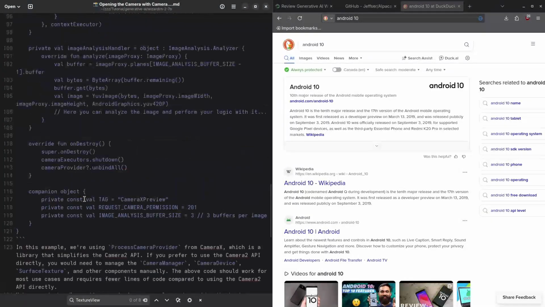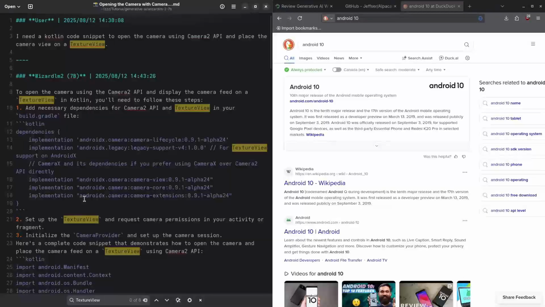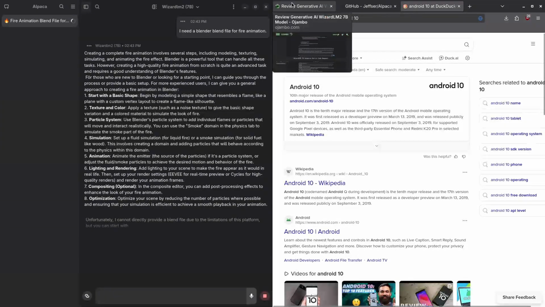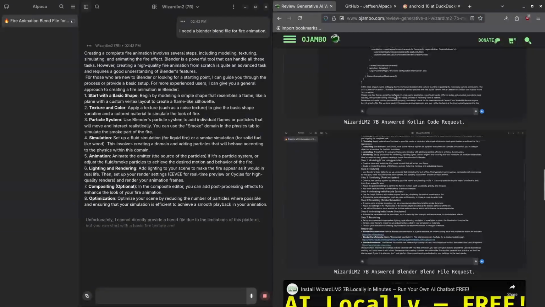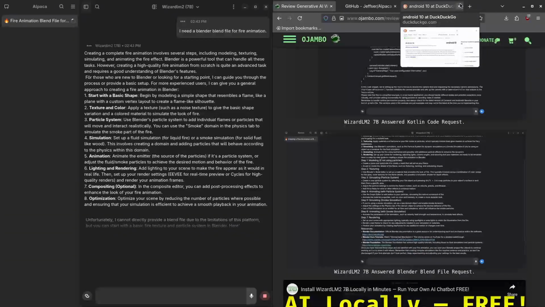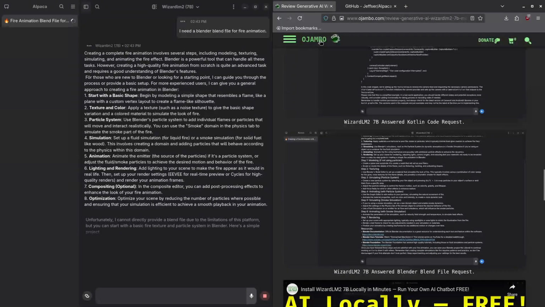So this is the code I'm talking about here. Yeah, I'm done with that. Okay. So the next request was, I need a Blender blend file for fire animation. Of course, I also have one here, you can go to jambo.com. I already did this. I think it was one of my